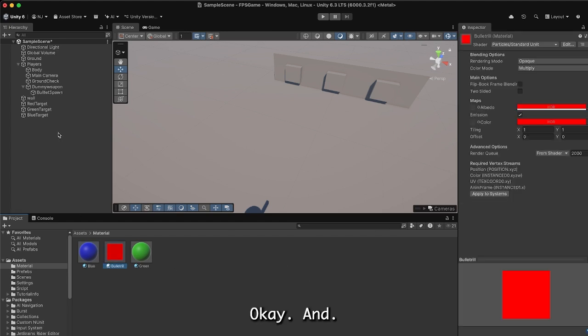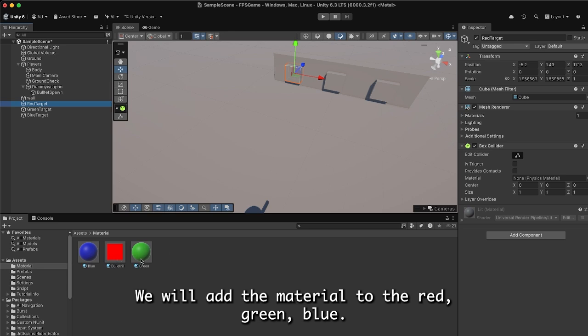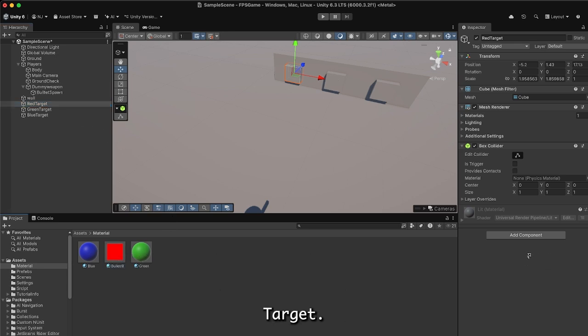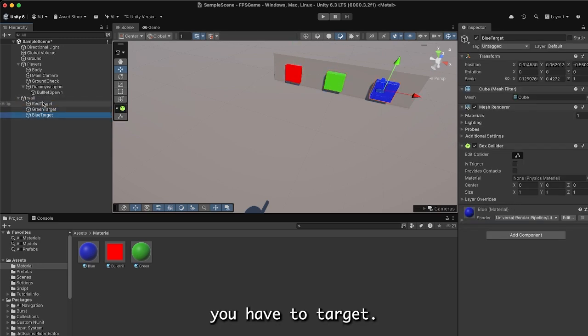Okay, and we will add the material to the red, green, blue target. Green and then blue. Okay, and we move to wall. We have 3 targets,